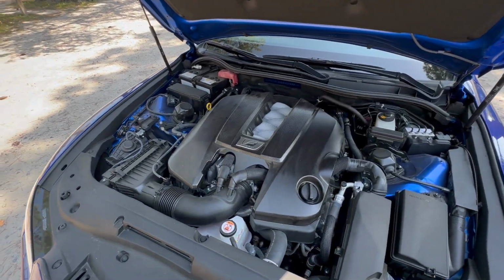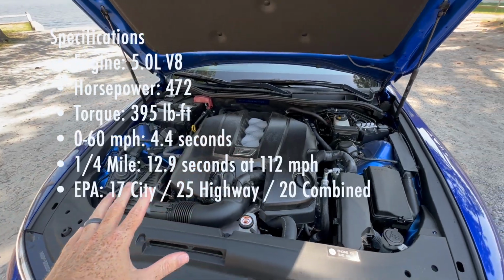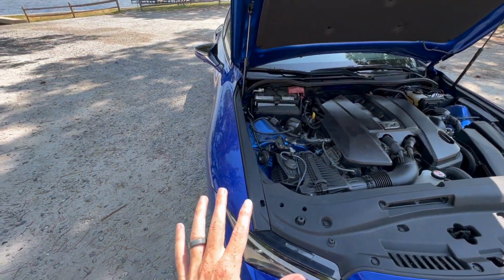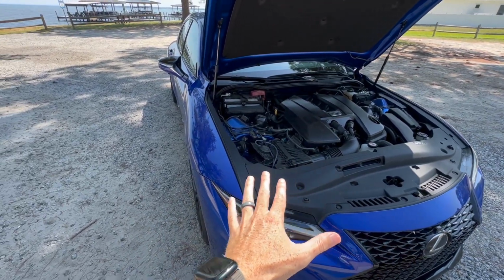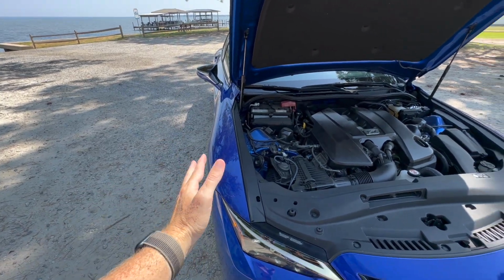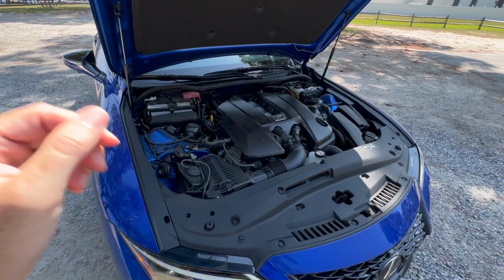Man, so nice, dude. So they stuffed this 5.0 V8 into this Lexus. Again, they bulged up the hood a little bit for it. And if I'm not mistaken, you guys can watch Savage Geese's videos, because Savage Geese's videos are very incredible of this car. I love every time they do a video on the 5.0 from Lexus. But I believe the subframe underneath this car is a little bit wider. So these fenders and hips are just a little bit wider than the normal IS models that aren't the 5.0